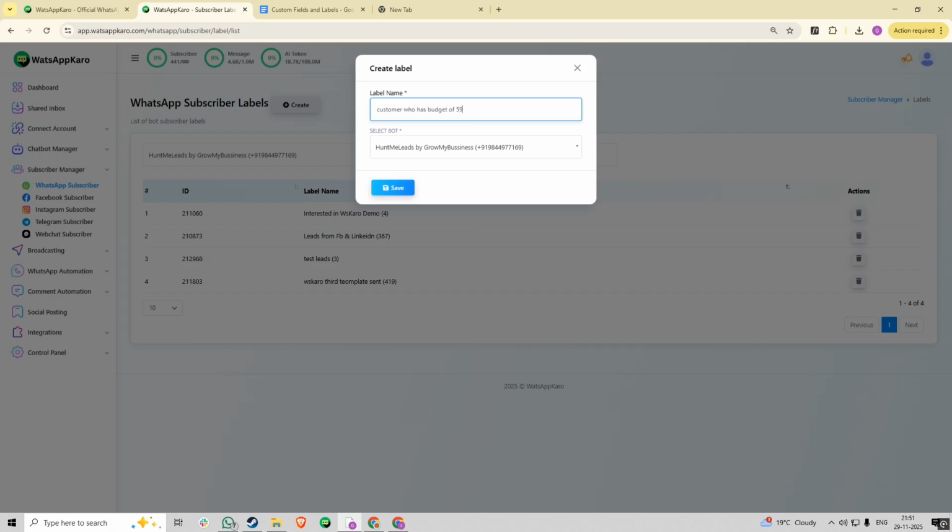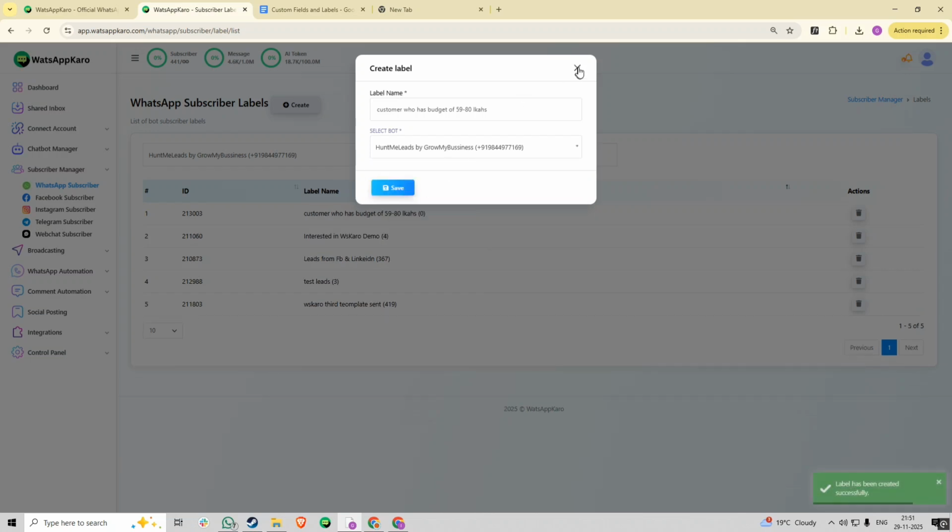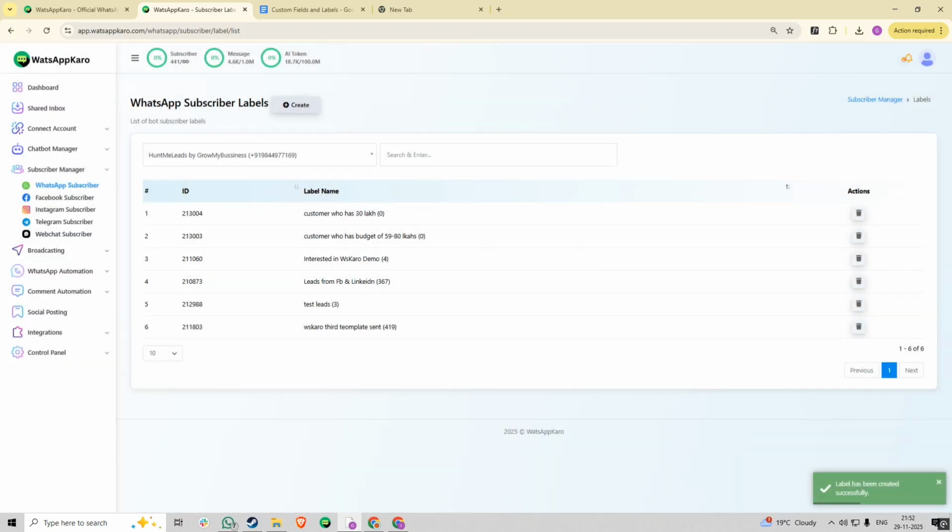So now how we can segregate that? It's very simple, guys. You just need to click on label and test leads and you get all the data. See all the three data. Now what I can do to this data is I can broadcast message. What is meant by broadcast? Broadcast is nothing but sending all of them bulk messaging at once, or else you can do single messaging